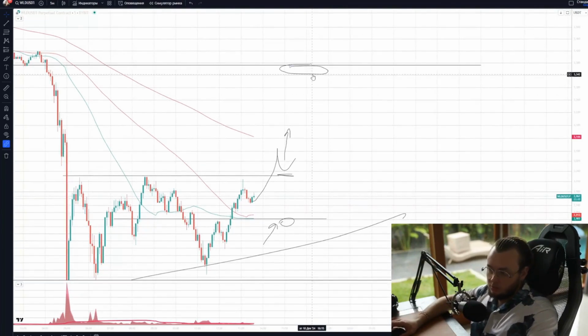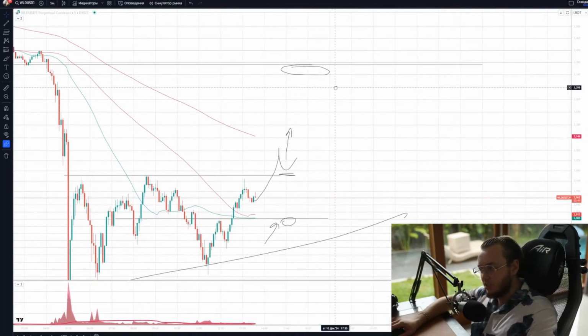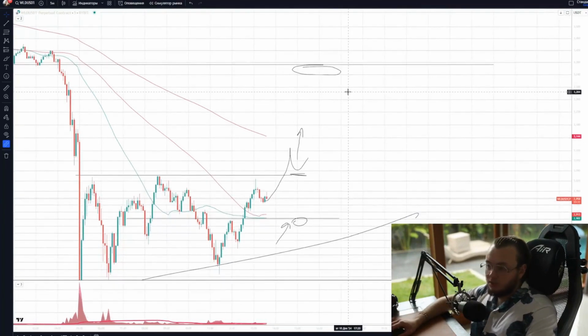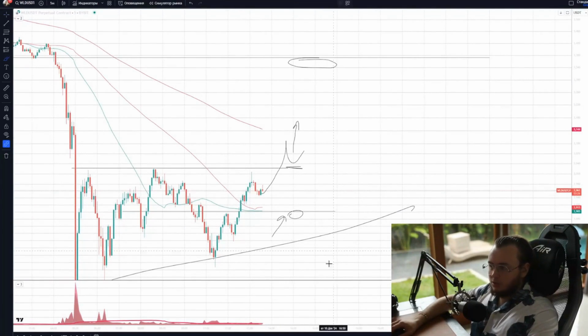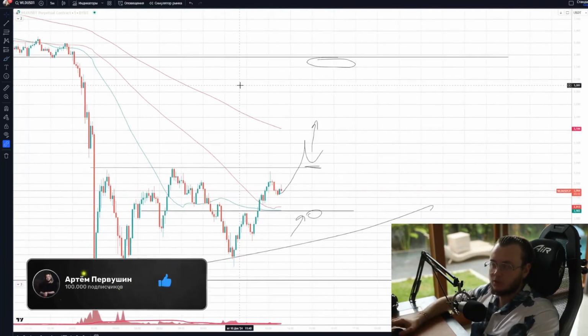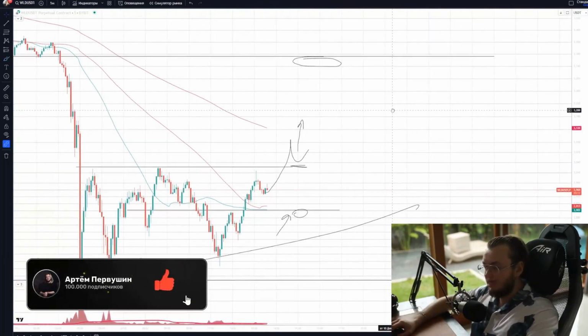Ideally, there is a range from 1 to 3. This is a good range on average, which is achievable, realistic, not overstated, not understated. Closer to 3 is better. 5 is theoretically possible. This is generally the highest level of skill, but higher is extremely unlikely, and there is no need to chase after it. And remember that even if you have 1 to 1, but in the long run you are in the black, that is, you earn in more than 50% of cases with a risk-to-profit ratio of 1 to 1, you're a good trader. You just need to open a lot of those kinds of trades, and you'll make money from trading.